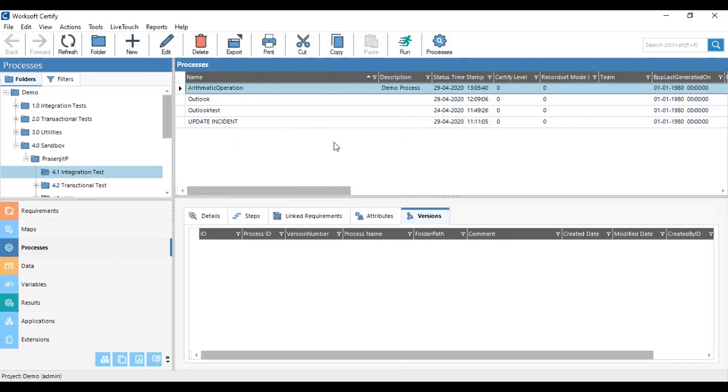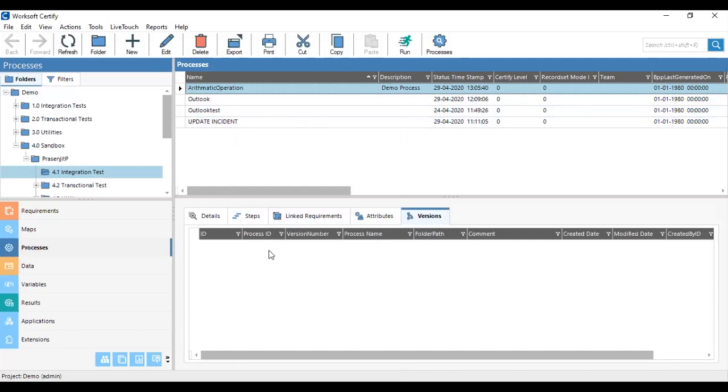So this was the undelete process, how we can undelete a process. After undelete, you will not get the versions of the process. If you delete a process, whatever versions you created will not be available. So if you want to create a version, you can just use the create-a-version steps, and you can create a new version of that process.